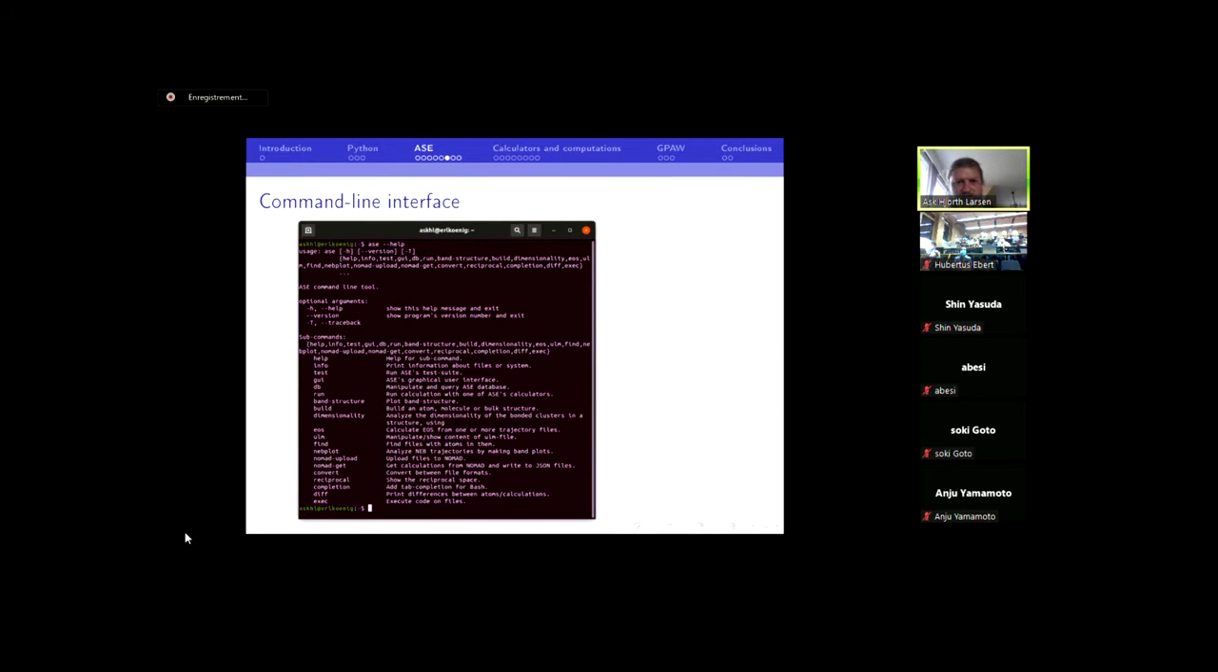So the other thing that ASE provides, which is not quite Python scripting, is the command line interface. So there are quite a few commands to help with different things. Generally, the GUI is one of them. Also, some of these commands are handy for plotting particular things. So let's say that I would like to build a band path